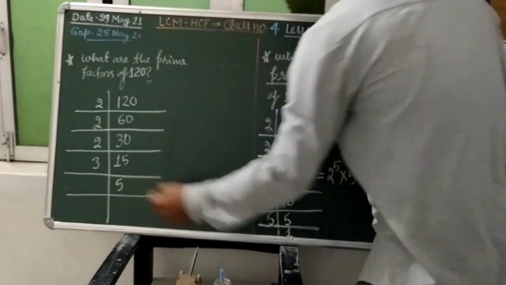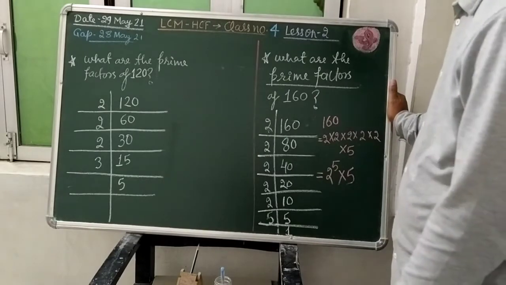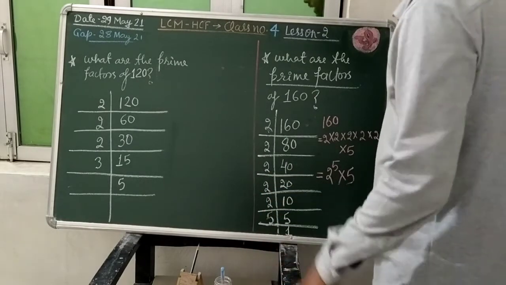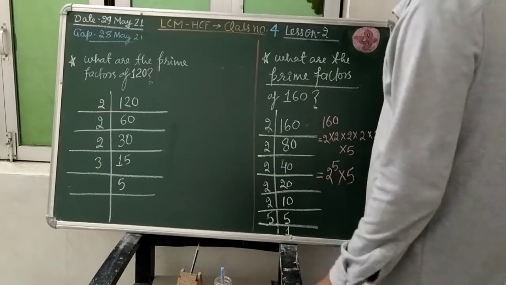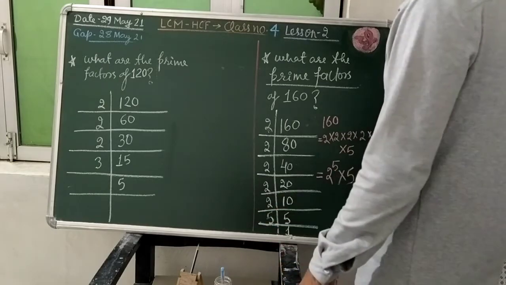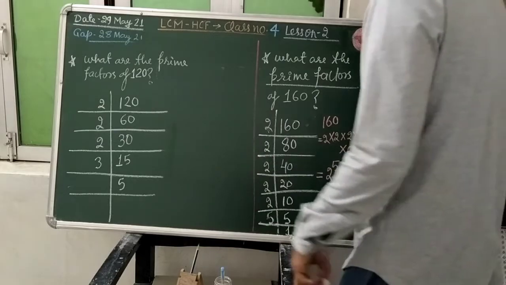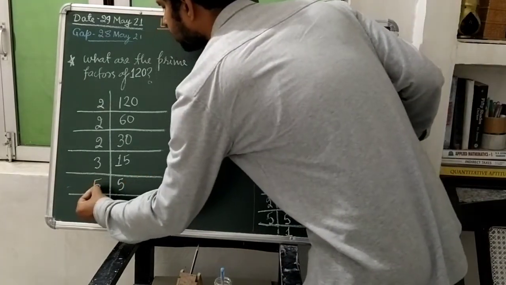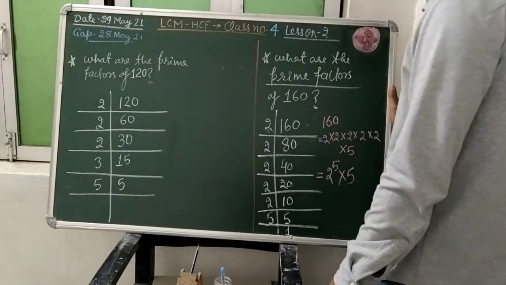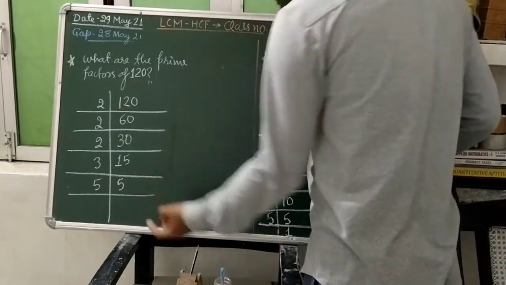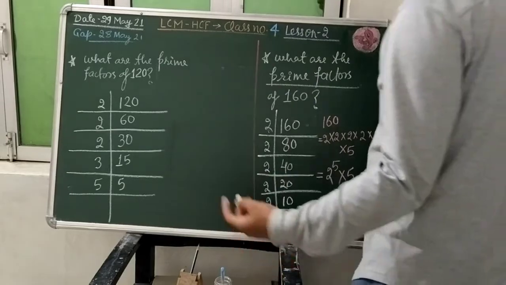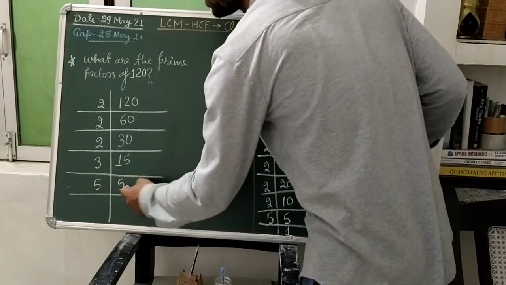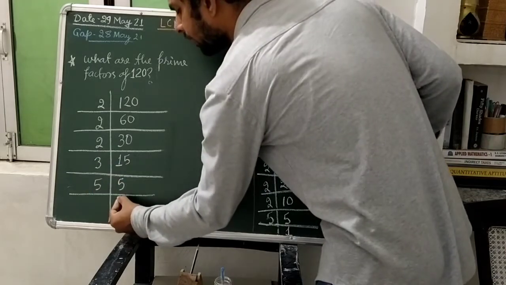So here you are looking, students, this 5 is a prime number. For a prime number, the factors are 1 and the number itself. So 1 we are ignoring, that is why we shall select the prime number. We have reached the step where we are getting a prime number, and for a prime number we shall select the same number, so we shall select 5 here. It will go how many times?